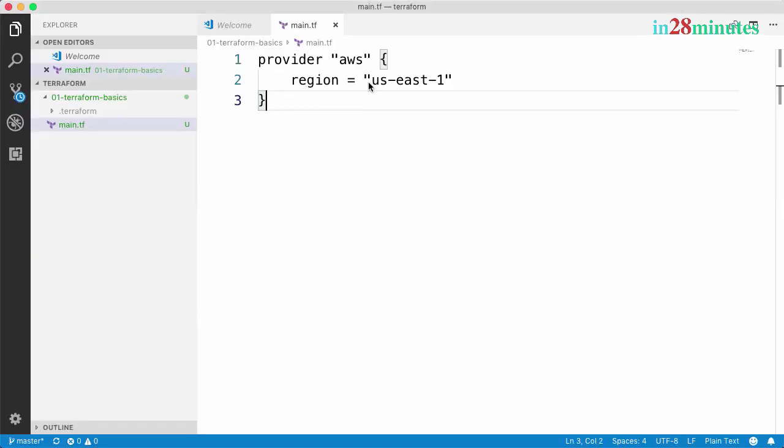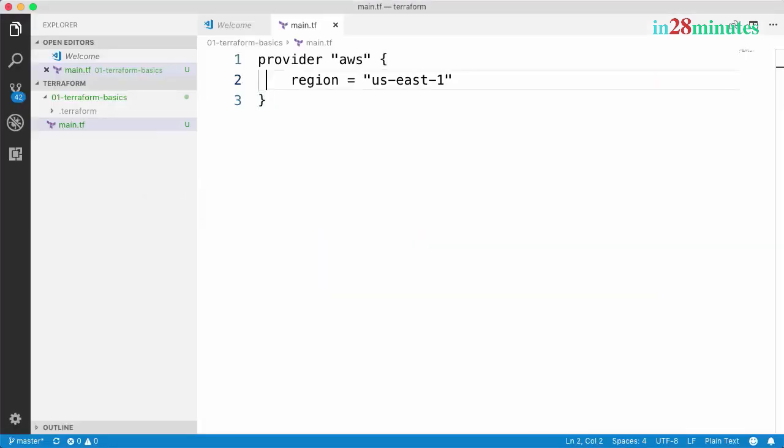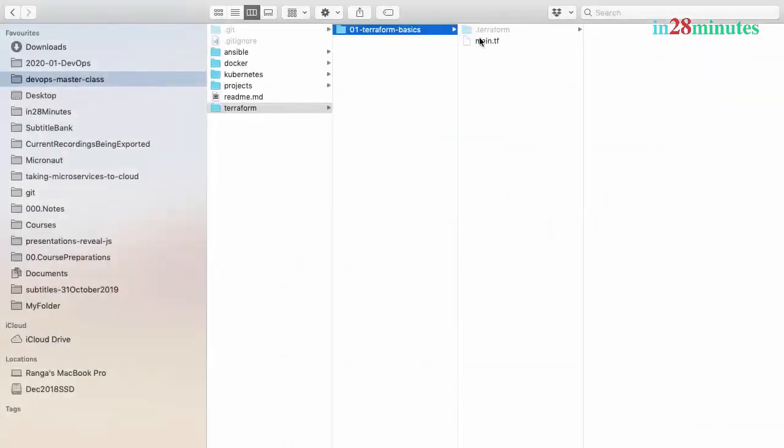2.46.0. In Terraform, you can also specify that I would want minimum this version of something. So I can go in here and I can specify that I would want at least version 2.46 of this specific provider. Now, if you go back to the folder Terraform basics, you would see that there is a folder